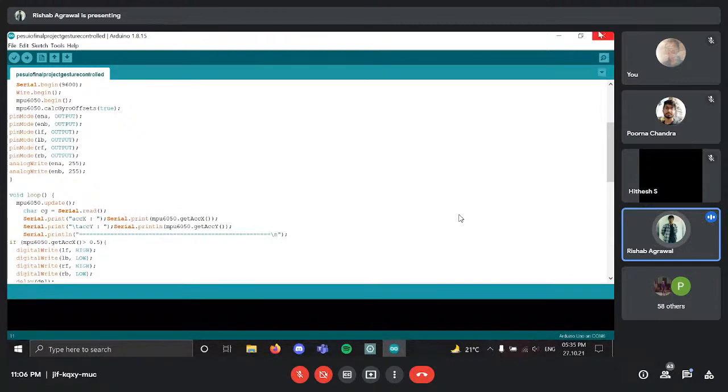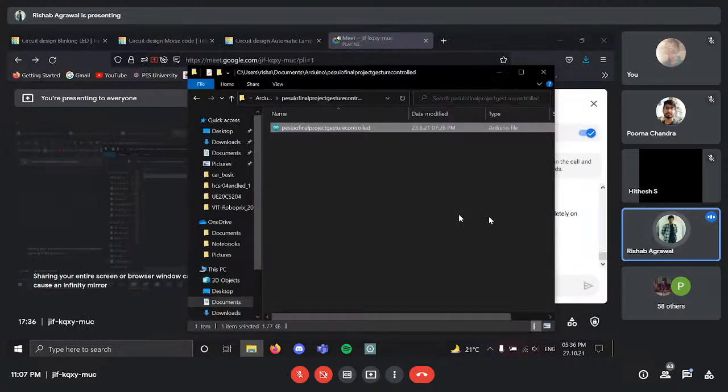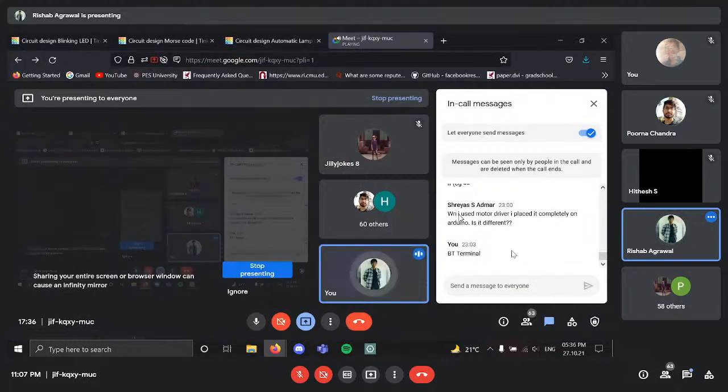How an MPU 6050 works is it's a 6 degree of freedom IMU, inertial measurement unit. So an IMU basically allows you to sense the roll, pitch, yaw, and the X direction, Y direction, and Z direction. That would be the gyroscopic as well as the accelerometer values. So you can use this, and based on the gestures that you make, how much you tilt it, you can actually control a car to move front, back, left, and right. And an MPU 6050 also has a thermometer built in,